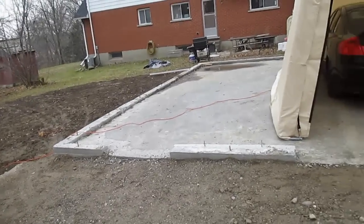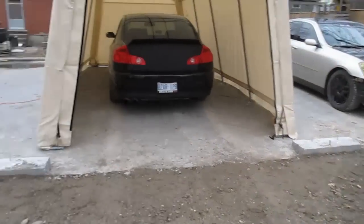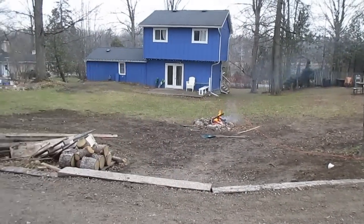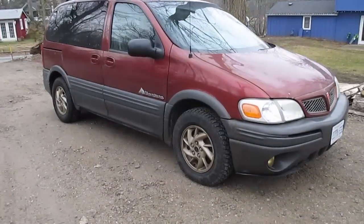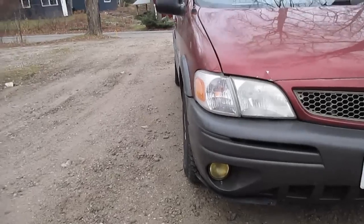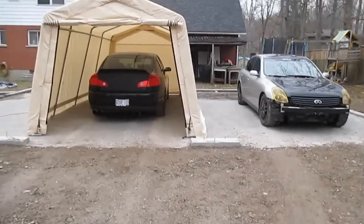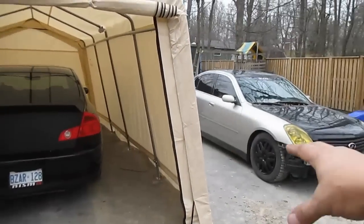Now, for those of you guys who have been watching for a little while, know that I'm in the middle of building this garage on my property, having a little bit of a bonfire. There's the house, got the minty van sitting on plasti dipped Grand Am wheels, which, I don't know if you guys can notice, but we got an extra 10 mil of offset on those bad boys. But basically what I wanted to do is just show you guys where the G35s are going to be sitting